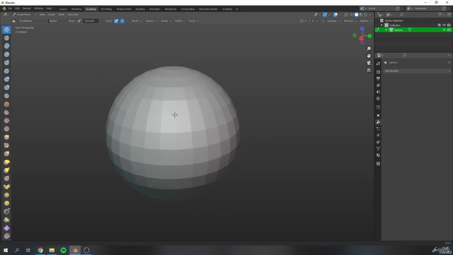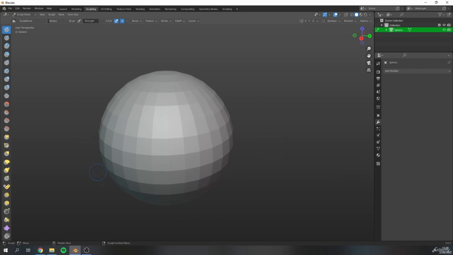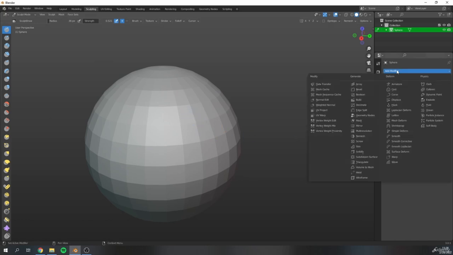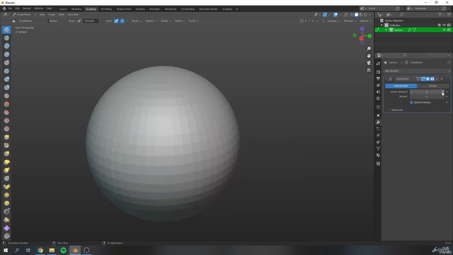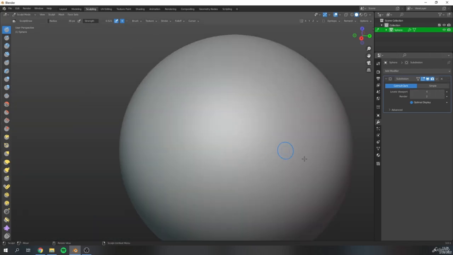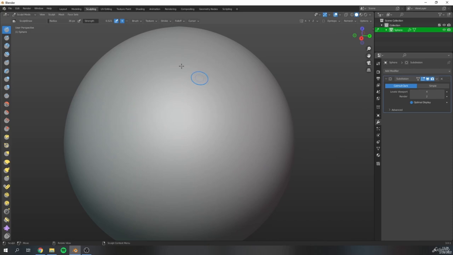So, in order to get this sphere ready for sculpting, it needs to be denser. In the past, we have made our meshes denser using a subdivision surface modifier, but that is not going to work for sculpt mode, and let me show you why. Let's add a subdivision surface modifier, and we can even divide it a few times to get a relatively dense and smooth mesh. Now, I am in sculpt mode already, but you'll see that when I start to draw on this,